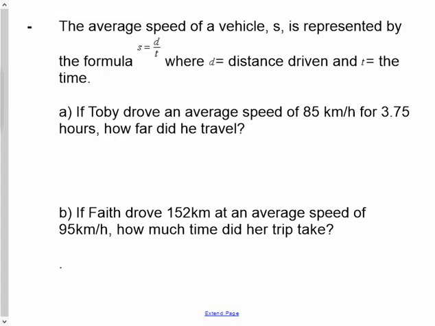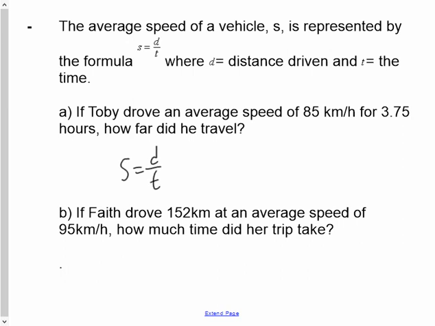Your next question says the average speed of a vehicle, S, is represented by the formula S equals D over T, where S equals speed, D equals distance, and T equals time. If Toby drove an average speed of 85 kilometers an hour for 3.75 hours, how far did he travel? Well, Toby shouldn't be driving because I believe he's only 14 years old, but we'll ignore that for the time being. So what we're going to do is first write our formula,